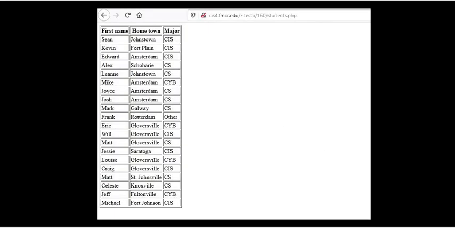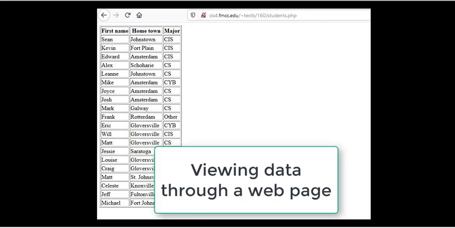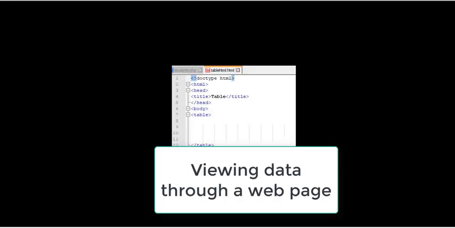We'd like to set up a web page in order to view this data from the students table. Now, you may not have taken a website development course, but we can begin with some very simple things. A typical HTML page would begin with a doctype HTML, and then it has these things called tags or elements. From the HTML tag to the /HTML tag, that is the full